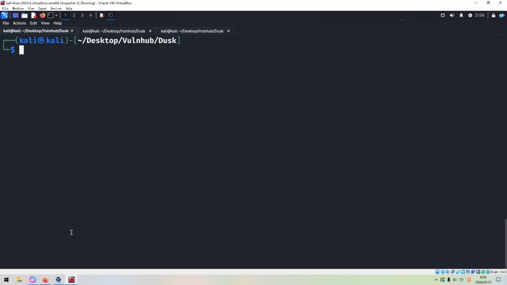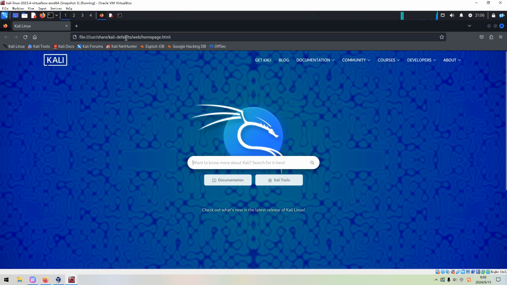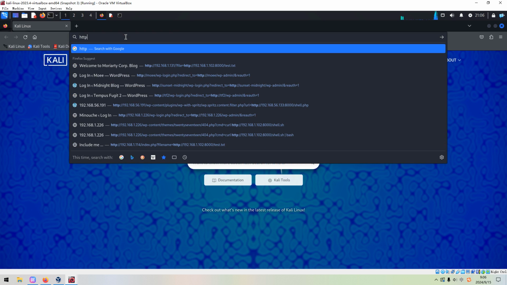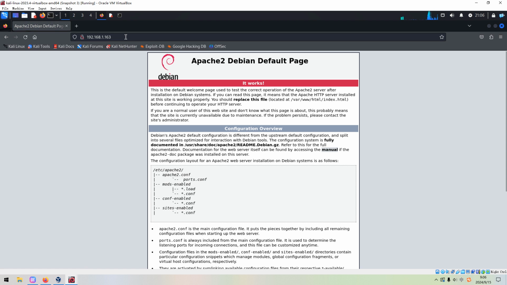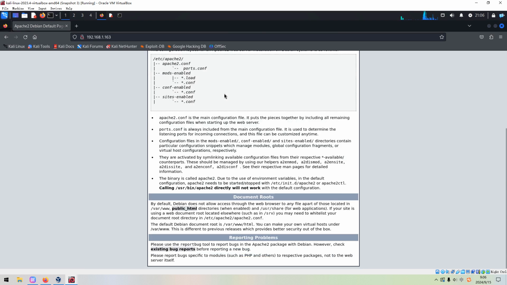So next, I think it's time to enumerate the web application. We can start from the default port number 80, and we can fire up the browser, and we can put the IP address of the target into the address bar. Press enter, and this is the default Apache 2 page, and we can scroll down.